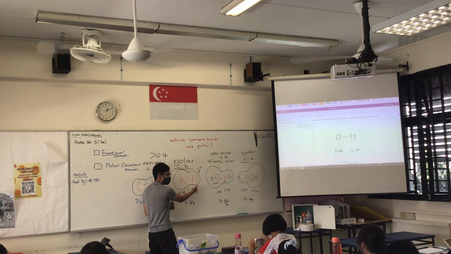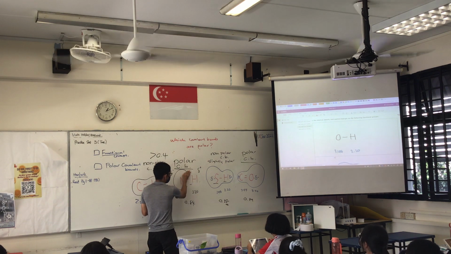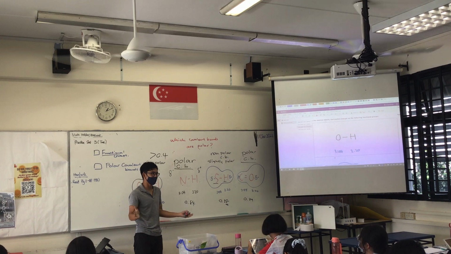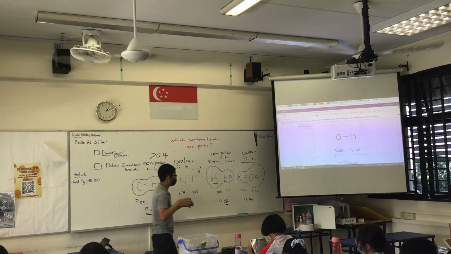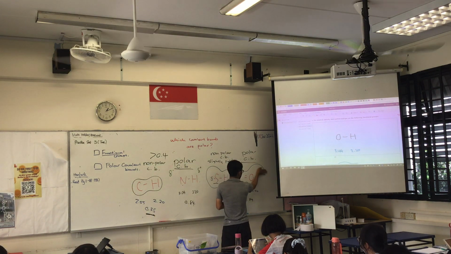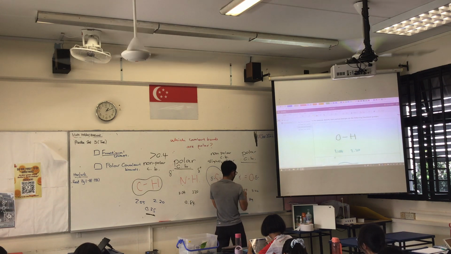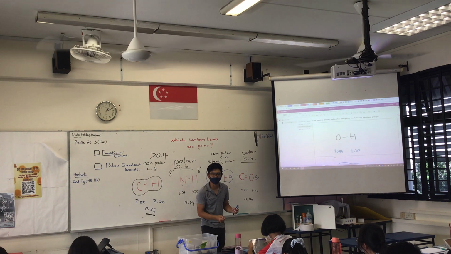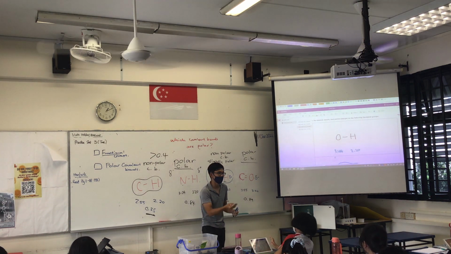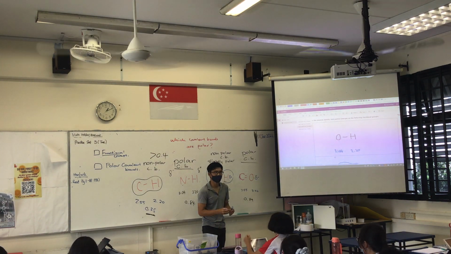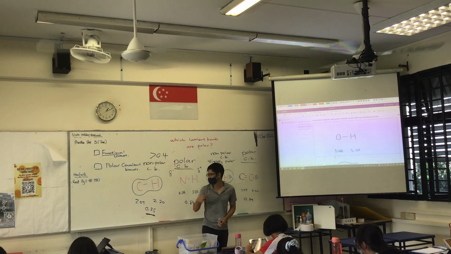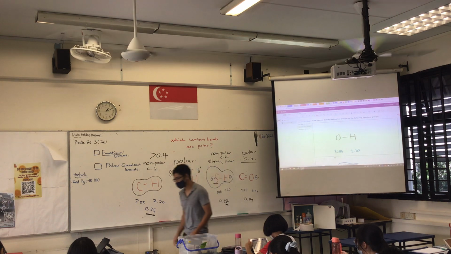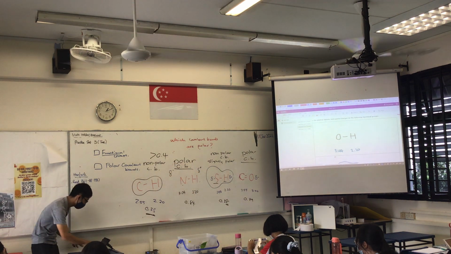If I give you N and H, can you just tell me which one is going to be the delta negative, which one is the delta positive? That's all. Now, if I were to just give you carbon and oxygen next time, double bonded like that, can you offhand just tell me which one is going to be the partially positive end, which is the partially negative end? That's the only skill to pick up. I actually don't need you to draw this thing. Okay? So, that being said, if you want to test yourself very quickly,